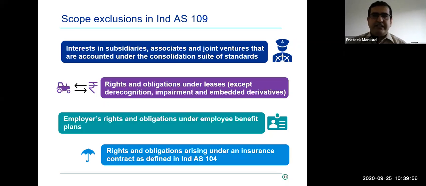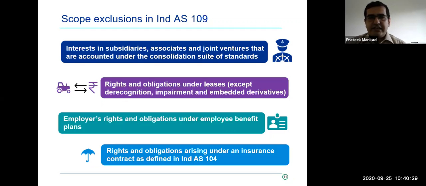Accounting for subsidiaries, joint ventures, they are all out of scope. Now, it may happen that the standard that deals with accounting for subsidiaries in the separate financial statements says that you can go back and account for them under 109. That is a different logic tree to be followed. Step 1, go to the standard. Do you have guidance? You have guidance. So by default, accounting for investments in subsidiaries is out of standard.